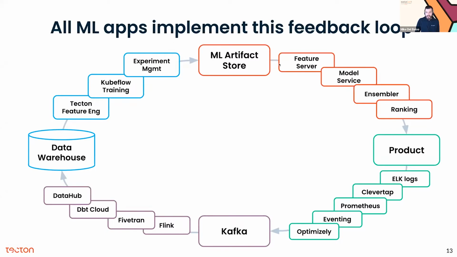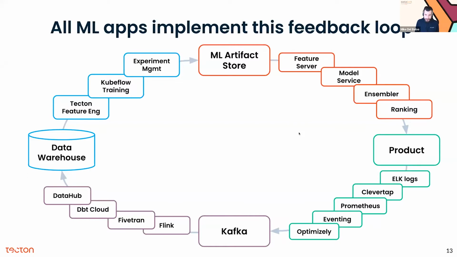And then with that model and those features, we're doing all kinds of online computation to deliver those predictions in real time, update the product, and make new decisions, right? And make new predictions. So this loop is not an instant loop. This can take a long time, but every application has this loop. That's how training data sets get generated, and that's how predictions get made and delivered to the product.